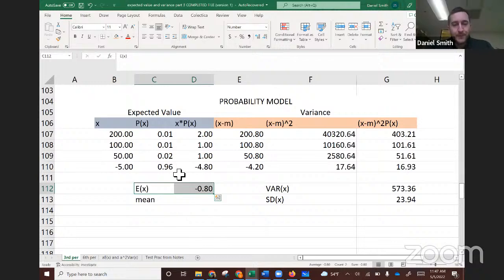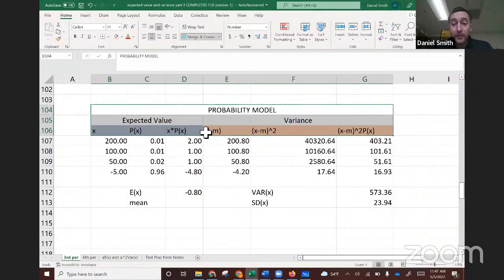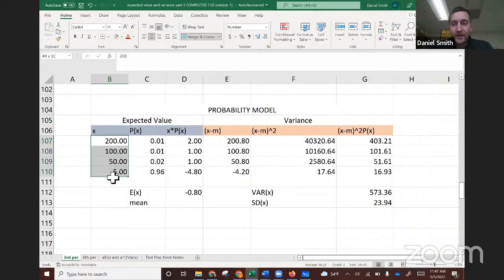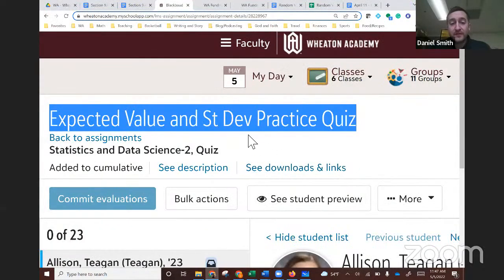Okay, so that's the first part of this video, is me just refreshing your memory on how to build a probability model, how to take your time finding your payouts or your values, and then setting the probabilities. Okay, and so you can spend some time today working on that. But what I'd like you to do most